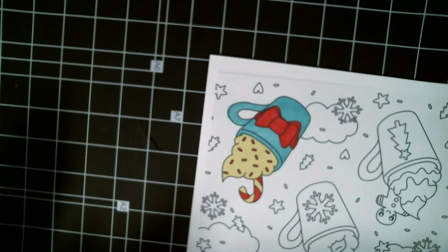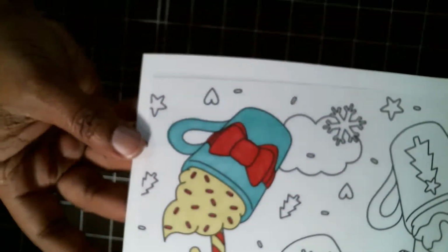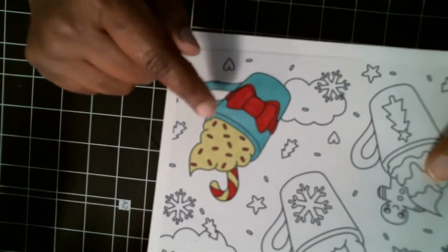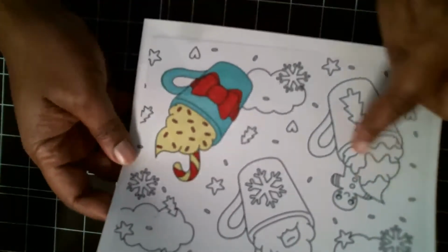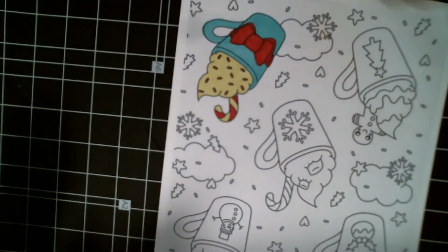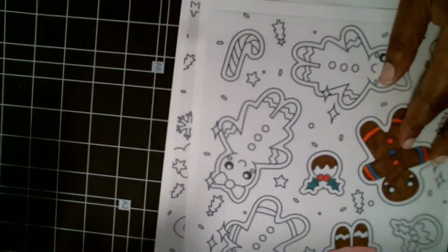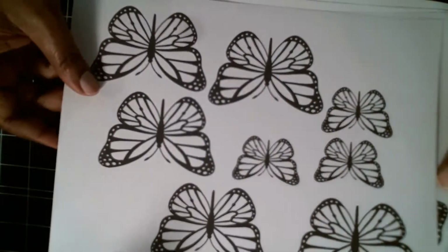We didn't do much today. We made a book, just the bare bones book. We did some coloring. So we got this image right here, this super duper amazing cup that you can't see. And now I don't want to fussy cut, but the Scan N Cut is going to cut this out. And look at this little gingy. So I want to get those done. I wish, well, I don't want to say I wish it was a stamp. And we got these gingerbread people. And then I did not get a chance to color these butterflies. But if you're looking for butterflies, you can